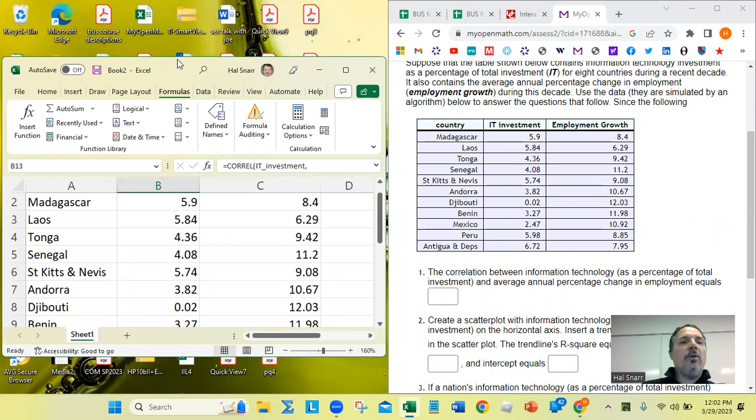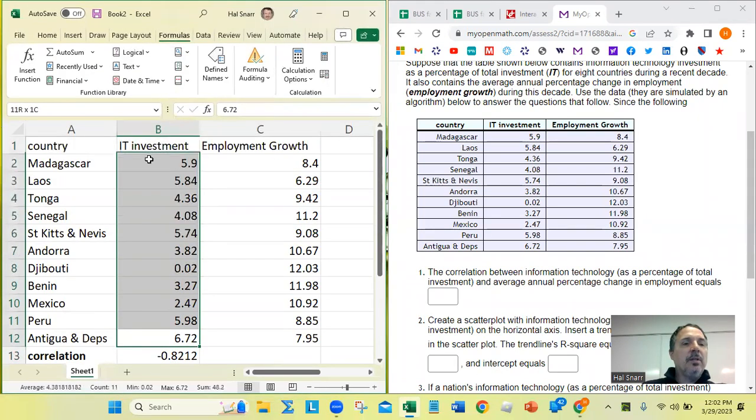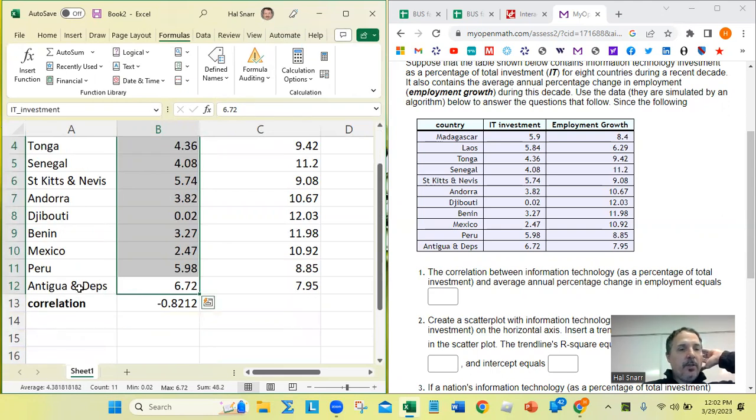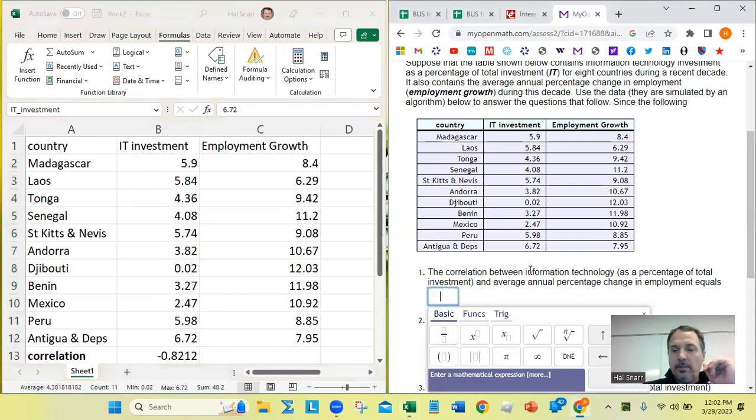Does everybody know how to name objects of cells? You can also just highlight the numbers by the country, from Antigua to Madagascar. And then you can click on that and change the name, right? But if you highlight both of them, then you can name them simultaneously with the name manager. So over here, I got a negative